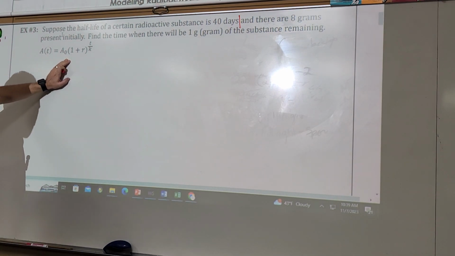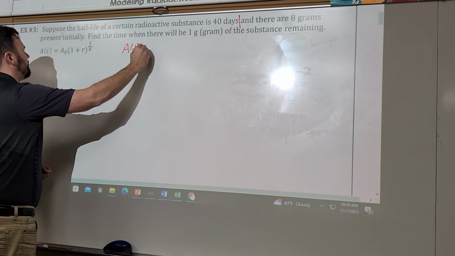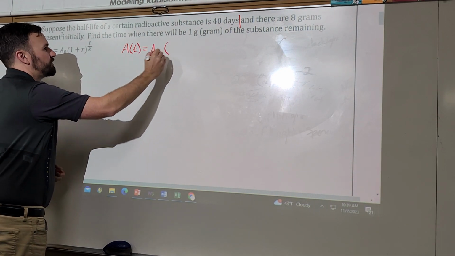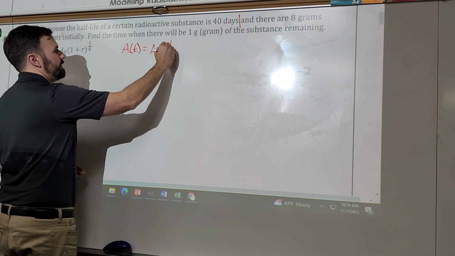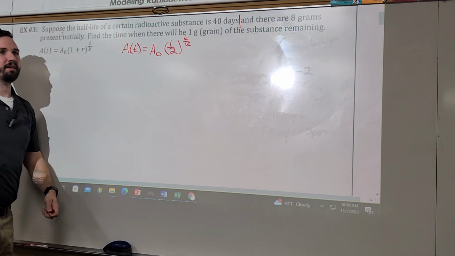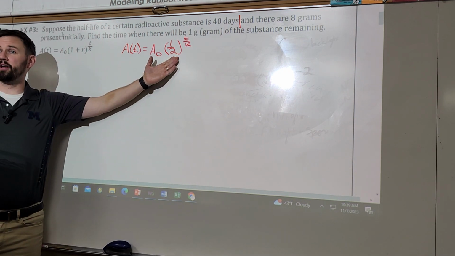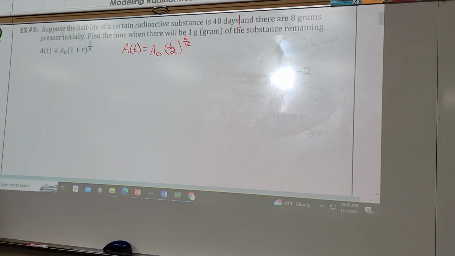Half-life is always the same formula. Your half-life is always going to be your initial. What's your rate of half-life? How much is going away? Half. It's not the opposite, but it's like the reciprocal of doubling time, right? If it was tripling time, what would I plug in there? 3, right? If it was quartering time, it means it's time to house soldiers in your room, but you can't